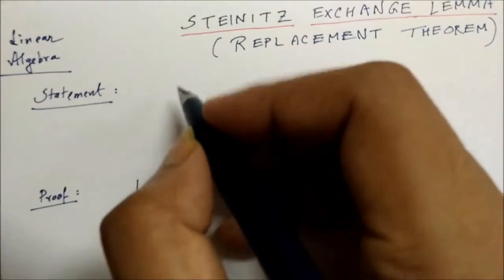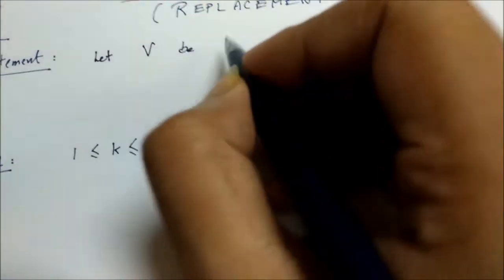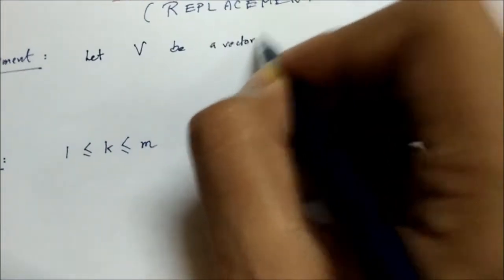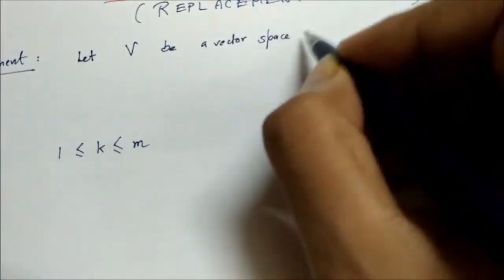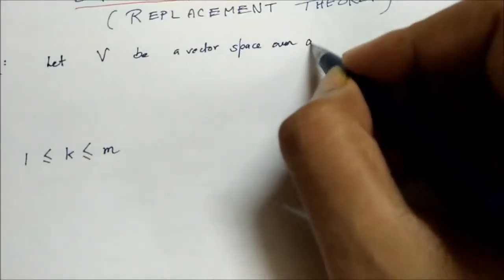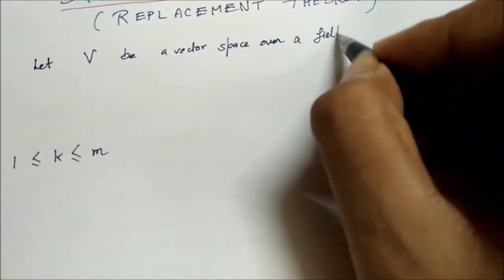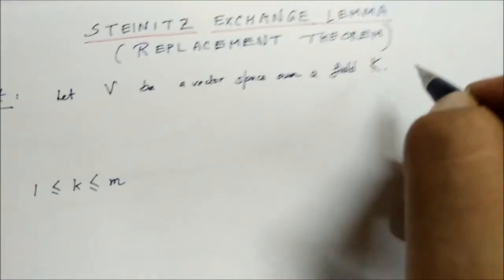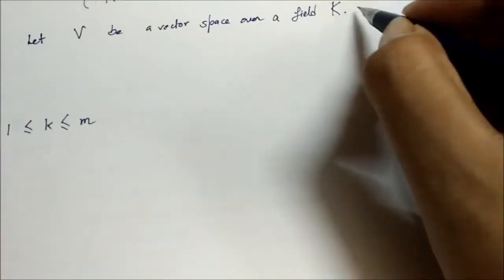So what does it say? The statement goes like this. Let V be a vector space over a field K. K is a field of scalars. Now, let